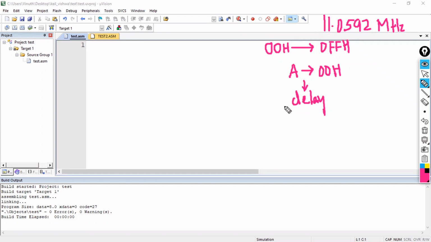So in order to make sure that it is getting incremented, we are calling this particular delay program.